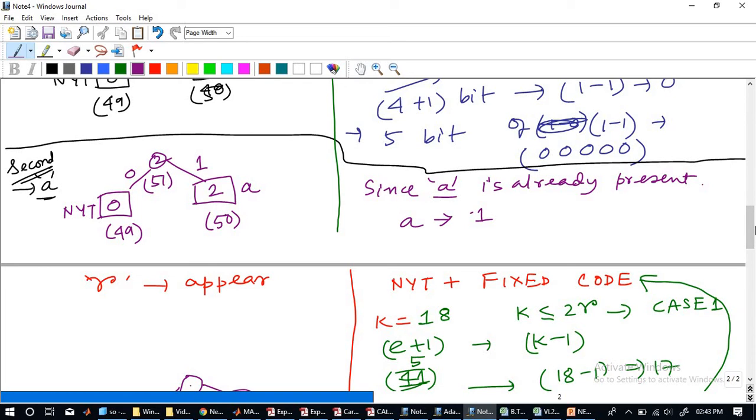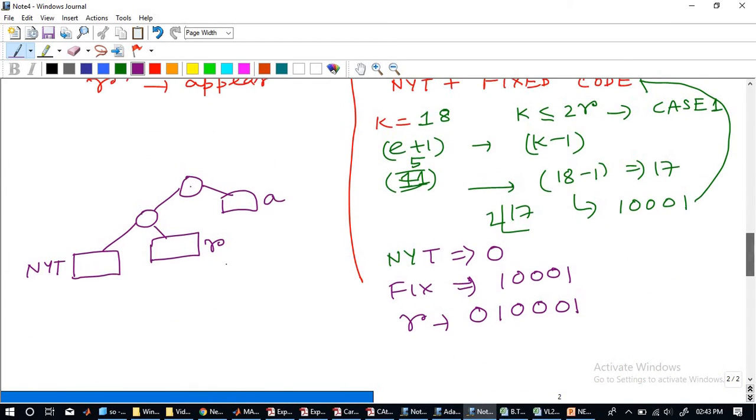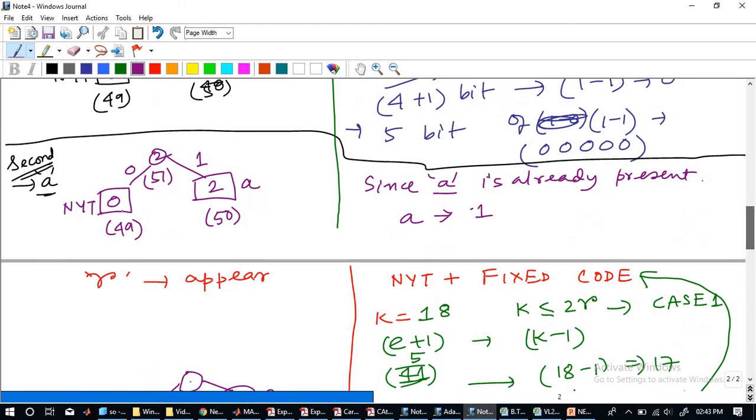NYT code should be 00? The question being asked is why we are taking NYT as 0 and not 00. The answer is that when we are taking this NYT, we are looking at this diagram, where R has not been included in the binary tree.